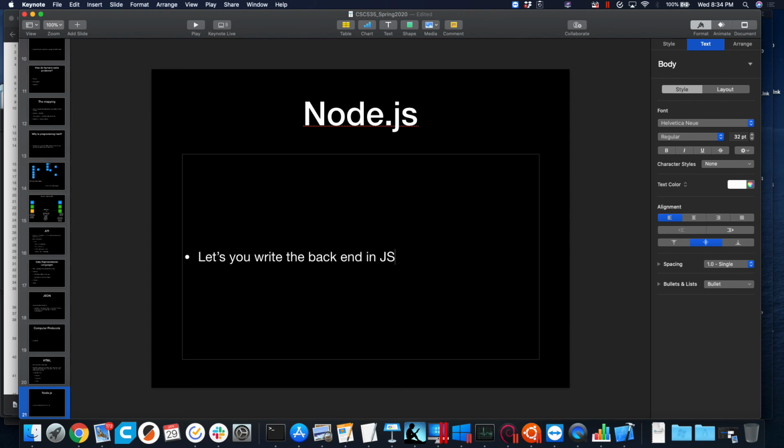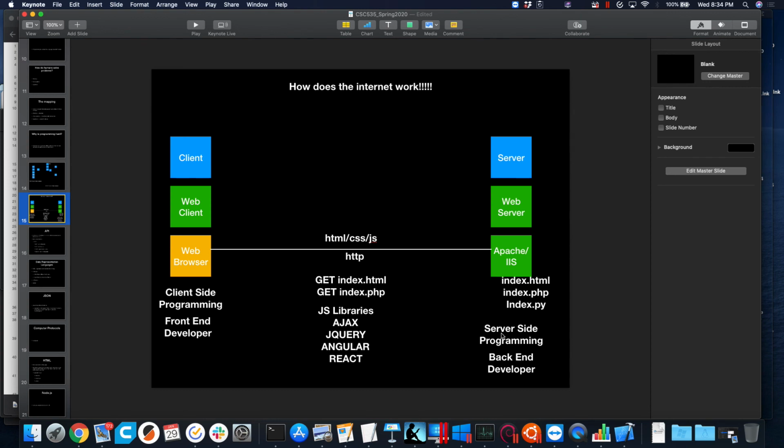It lets you write the back end in JavaScript. Front end and back end, same programming language. Now, Node.js has a couple of cool features like streams, but at the end of the day, you could have a Node.js based web page where the stuff happening over here is not written in PHP or Python, it's written in JavaScript. Stuff happening over here is written in HTML, CSS, and JavaScript. If you're already familiar with JavaScript because you've been writing front end stuff for years and years, and now you want to dabble in the back end and you don't have to learn a new language, aren't you already halfway there?